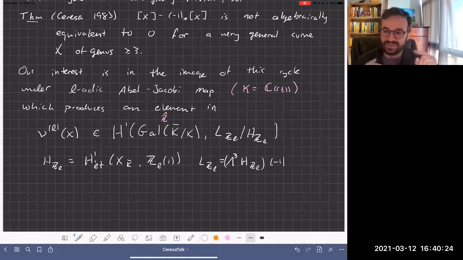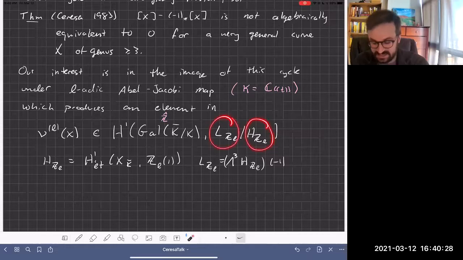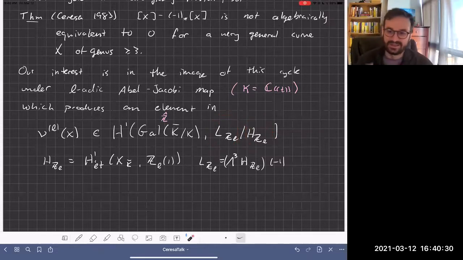And then, well, here I guess we have to describe how H is living inside of L, and H is living inside of the third exterior power by just taking a wedge product with this intersection 2-form on H, right? So this H, I guess you can think of as dual to the first homology group